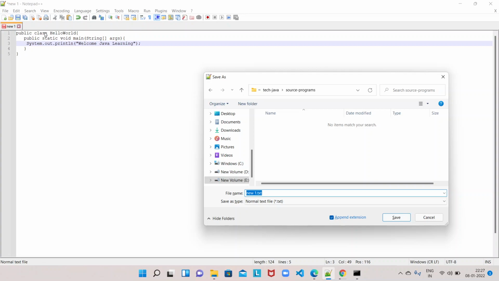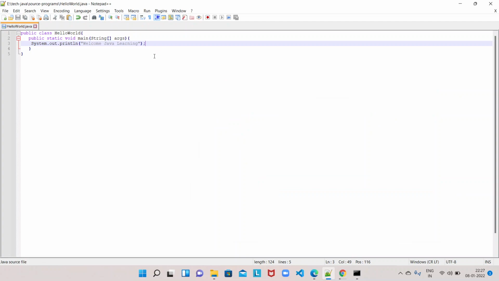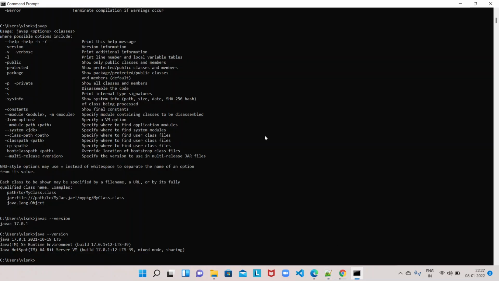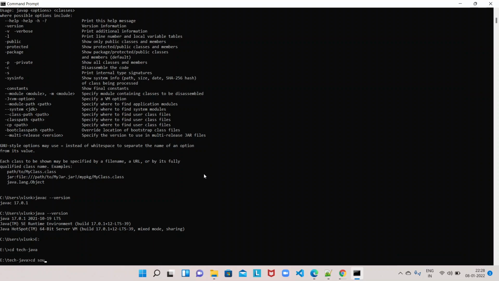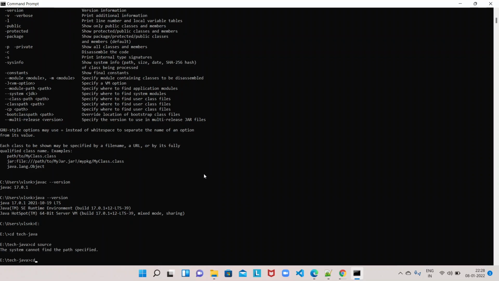This is the public class in this file, right? So I'm going to save it with the same name, HelloWorld.java. Okay, now I have saved it, right? So I can go to that path. I'm going to that path.